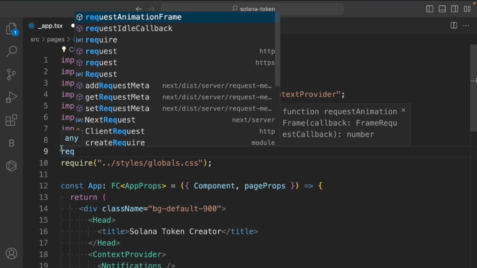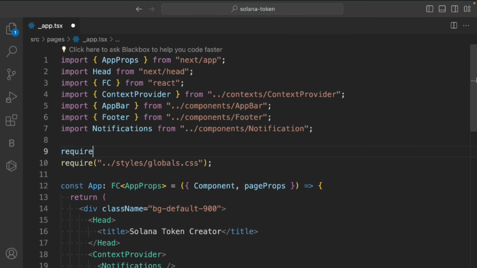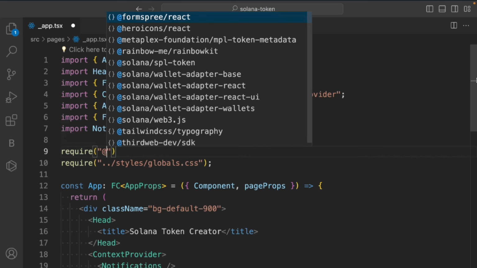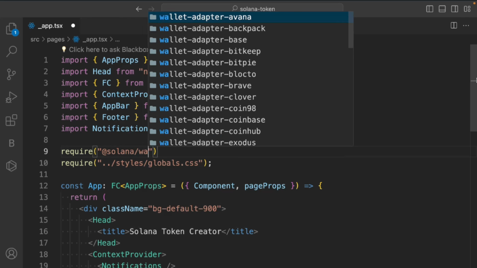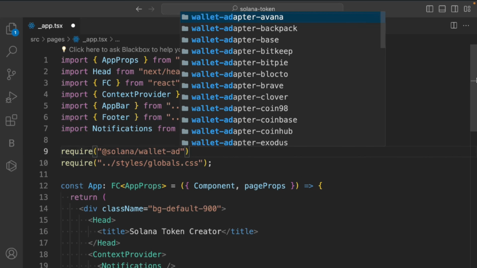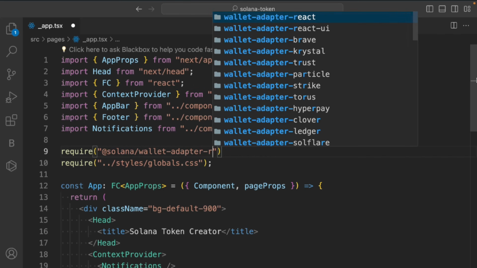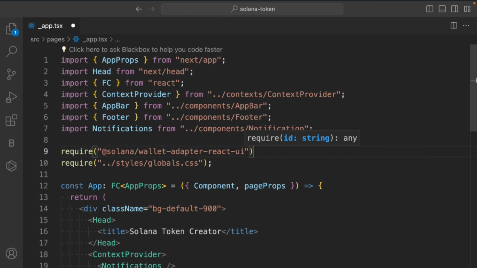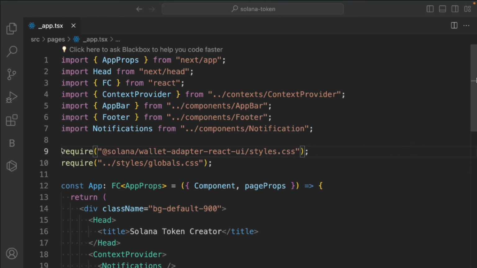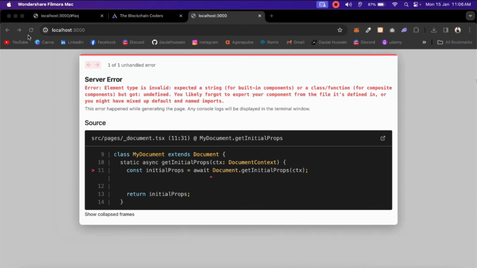So let's check, let's re-import. We'll say Solana, we'll go to the wallet adapter, we'll say react UI slash styles css. Okay, I forgot to add the s, and save it,